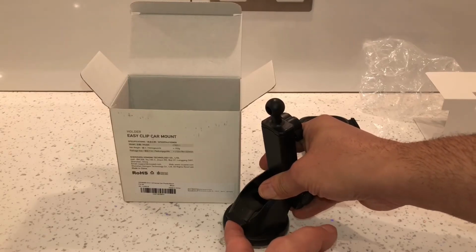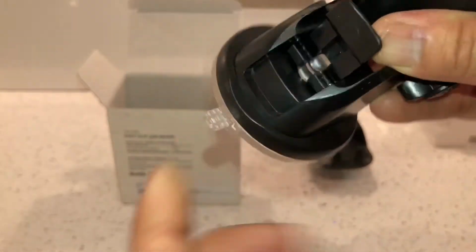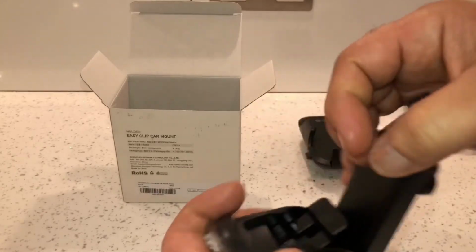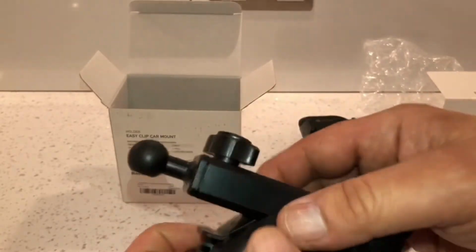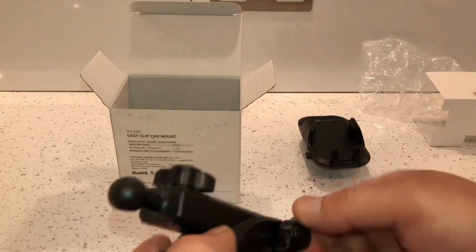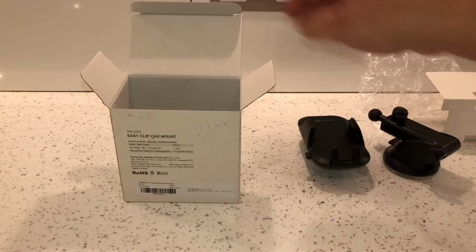If you want to take it off, you just flip that back up, and you might have to use this little bit of plastic here to help you lift it up. But other than that, the suction cup is absolutely awesome. I do like it. This is made out of plastic as well, and again it does feel really well built. Other than that, I can't tell you much more about it, but I like the way you can adjust it into any position you want. Right, so that's the suction cup,